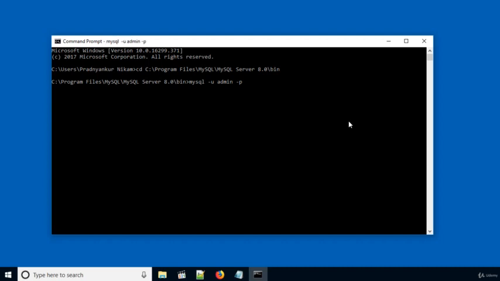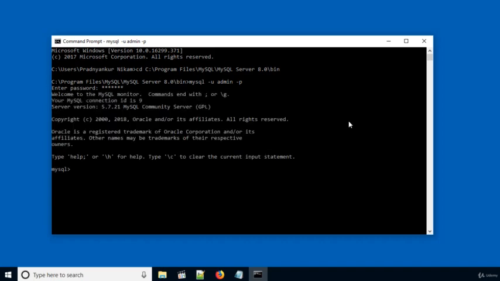Press enter. Enter admin user password. And here we successfully logged in to our MySQL database server using the new user login details. Now the new user will be able to use the MySQL database server depending on his privileges.